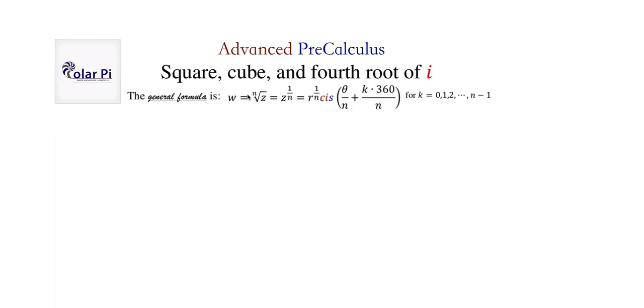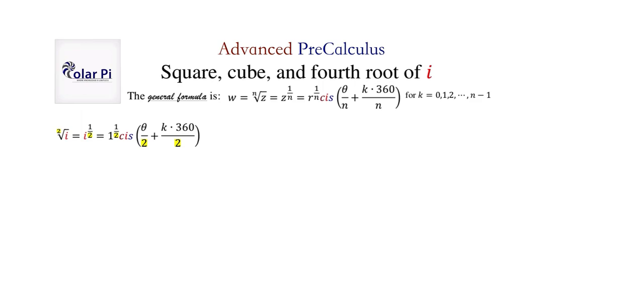Now, we've already used this giant formula before. It's not really that big. But we've used it in the first two videos, so I shouldn't have to handhold you on how to use it. So let's get right to it. Why don't we use it to figure out what the two square roots of i are? And by the way, I already have a different video dedicated to showing you what the two square roots of i are,